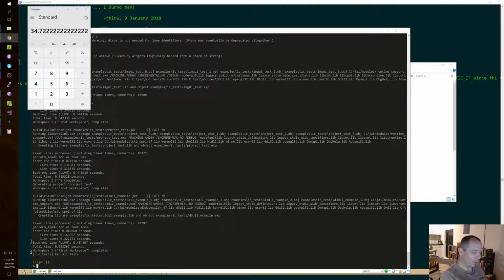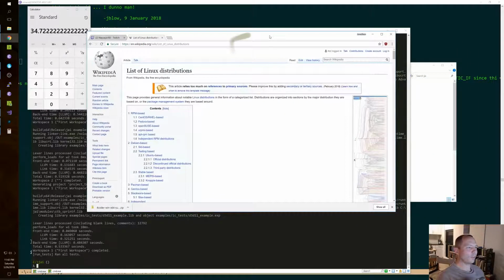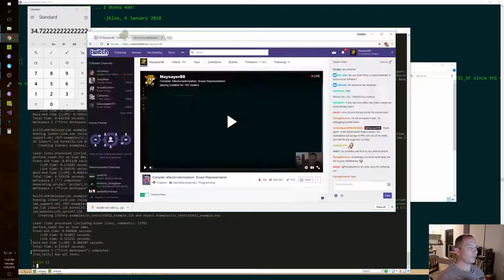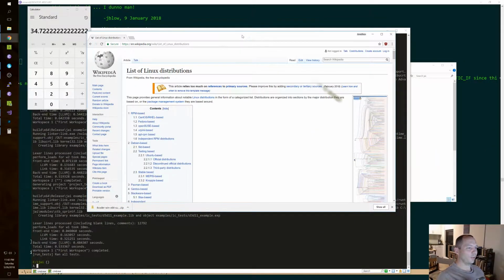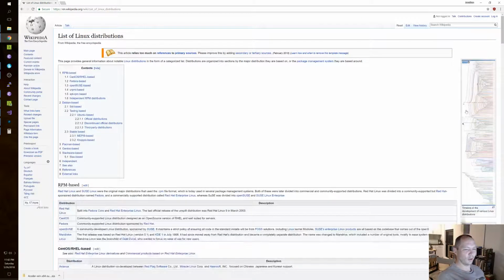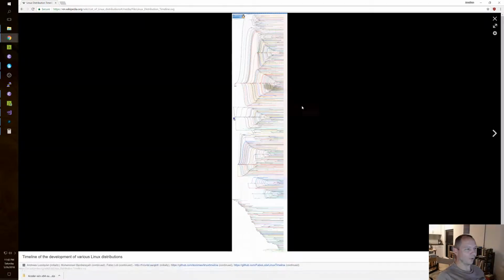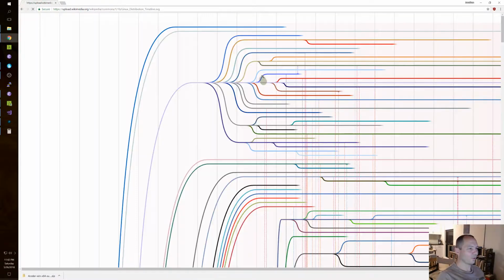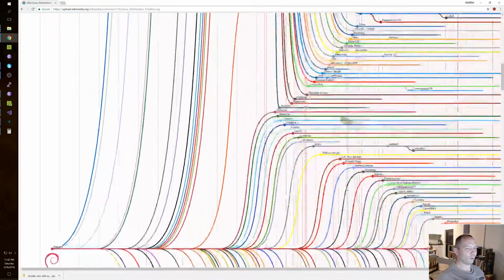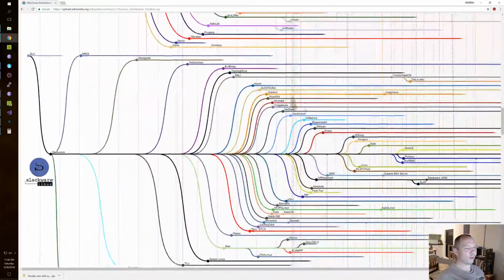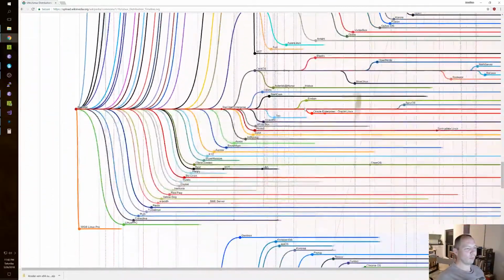If you guys think I'm exaggerating about the Linux distros, there's this really great graph. This is the real shizzle here, okay? If you want to learn about Linux distros, this is all the forking of all the distros. Boy, we sure need all those distros, man.